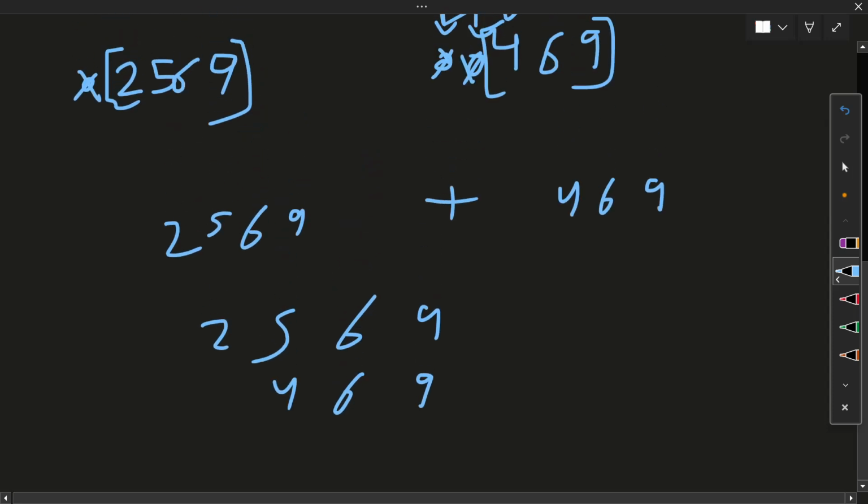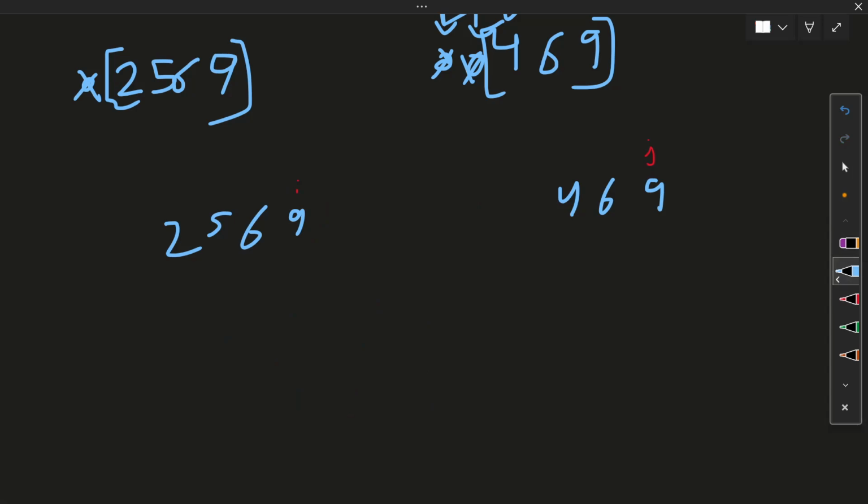So this is simple. What I will do is I have an i pointer. So let me change the color. So I have the i pointer pointing to the last position of value 1, and then we have the j pointer. The j pointer is pointing to the last index of value 2. Value 2 is a string, and it will point to the last value of the second string. Then we need to sum these two values, and the summation is 18. We got 8, we need to add 8.